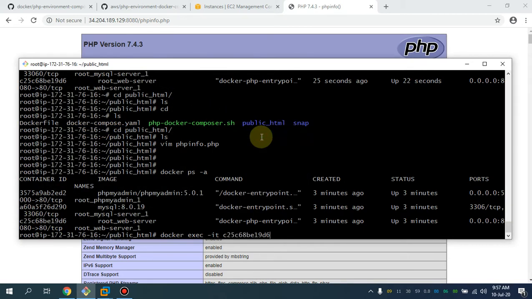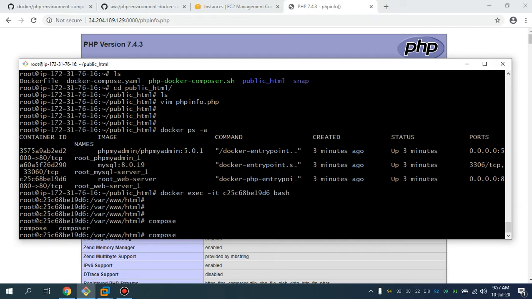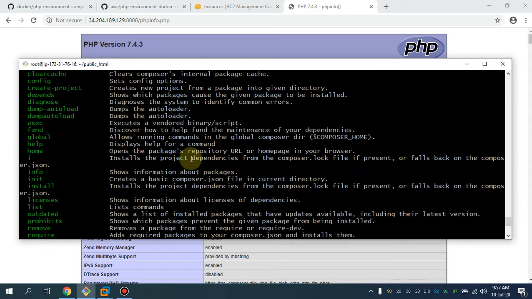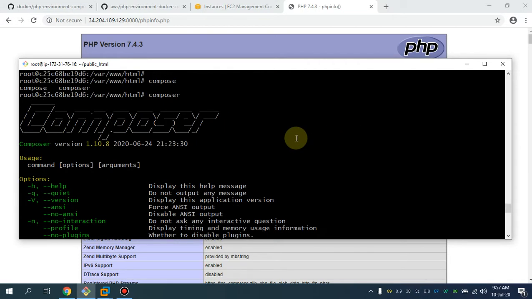We actually built that through our Docker build command. So this is the Composer version. You see, this is the version we are using. It is automatically available by simply running the script,